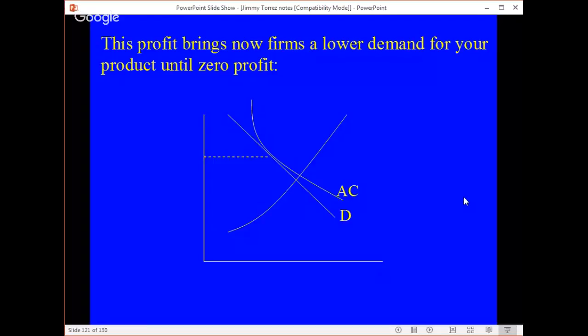Remember, there's easy entry and exit. So what's going to happen is you're going to have more product groups come in, and the demand curve